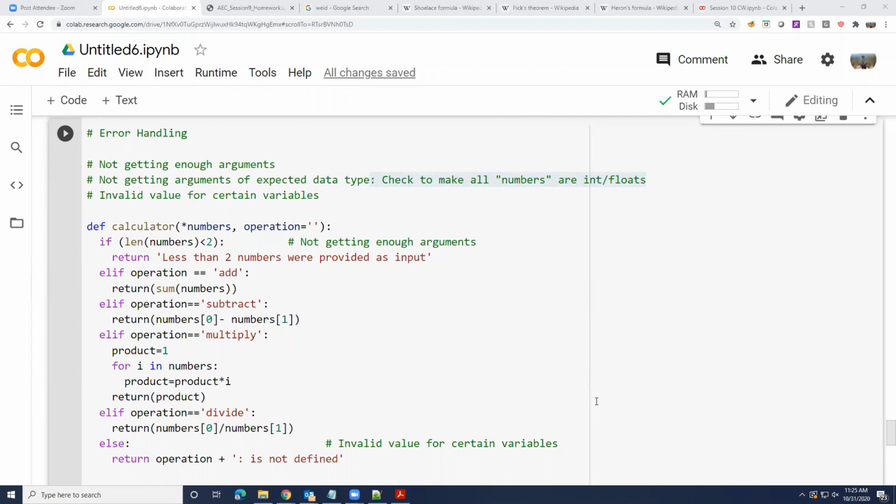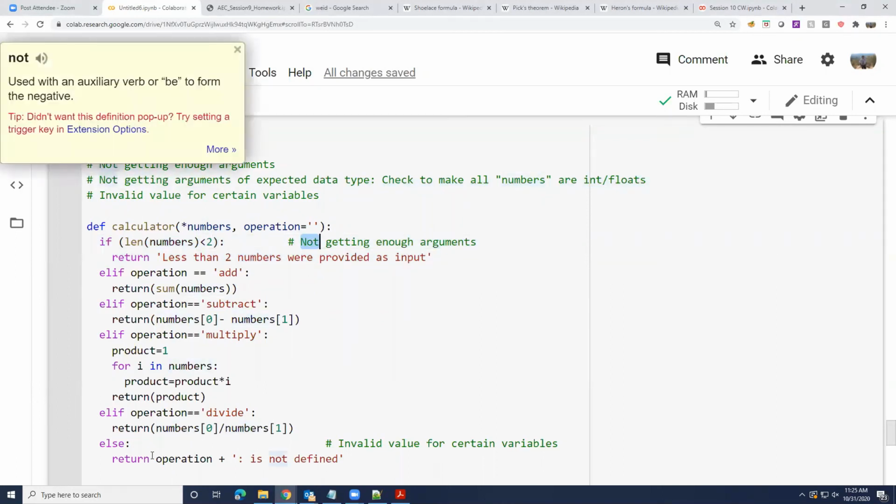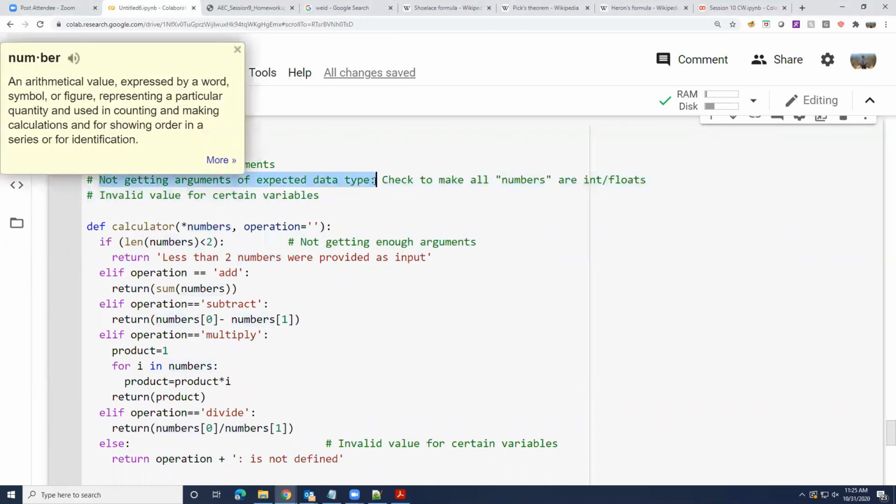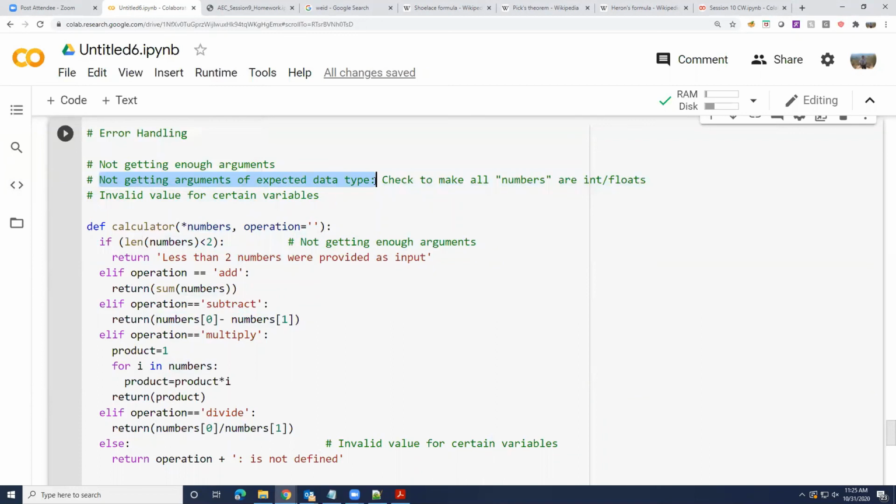No, I have not done any error handling yet with you actually. I'm just saying these are the types of errors. When you write a function, you should not expect everybody will call your function nicely. You should make sure your function checks for certain errors, like for example, not getting enough numbers or getting bad operations. In the same way, if you're building a calculator function, you should check to make sure that your numbers are actually numbers, whether they're integers or floating points. This is error handling of one nature. So handling known errors, basically. Then we'll talk about handling unknown errors.